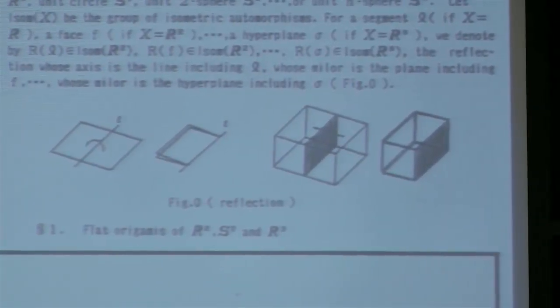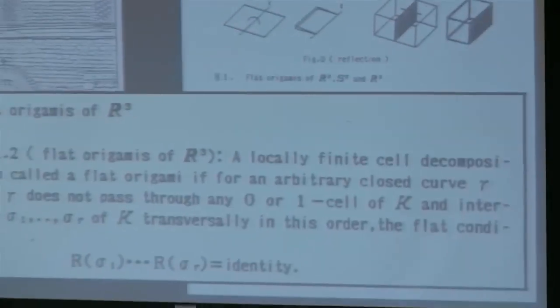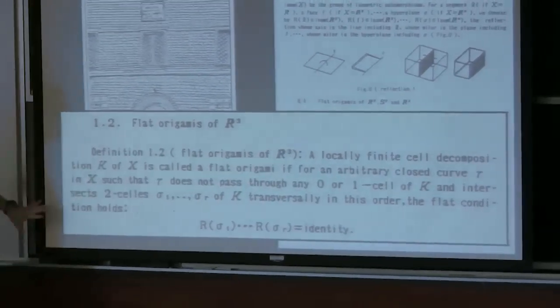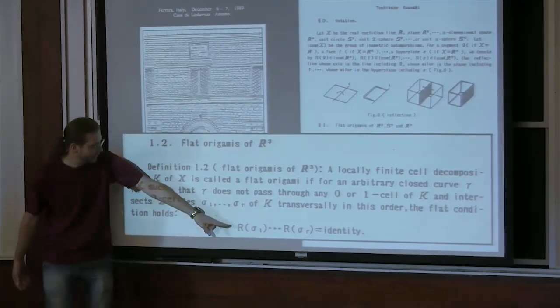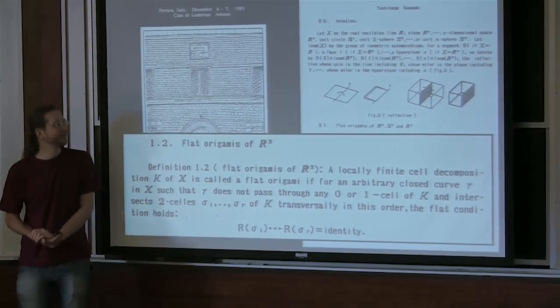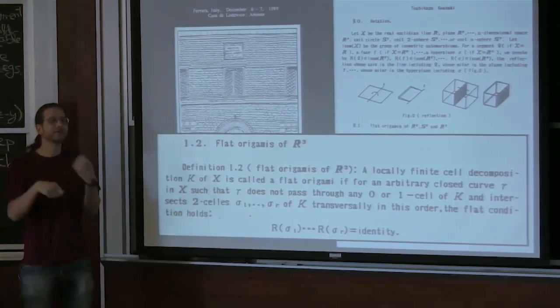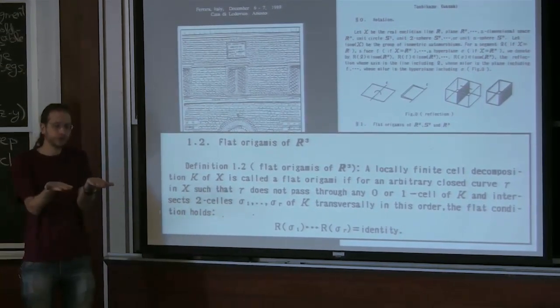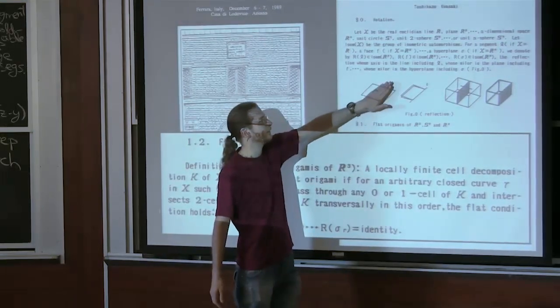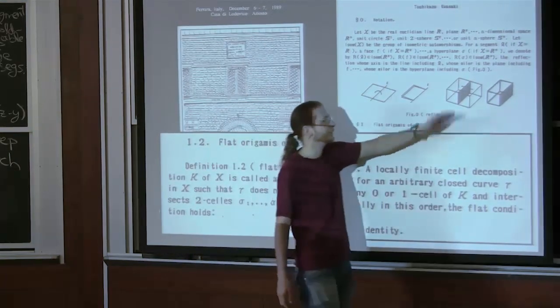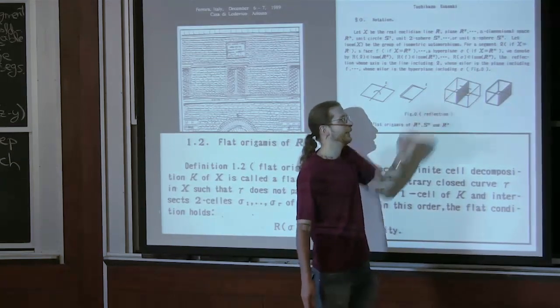There's a definition, although I would really call it a necessary condition. I think this is not a good definition of flat origami in 3D. There it is. This is the definition. What it says is basically locally everything works out. When you do a fold, it's like a reflection. Right? If you do it instantaneously, this is like reflecting this piece through the line for flat folding. This is like reflecting this piece through the plane.